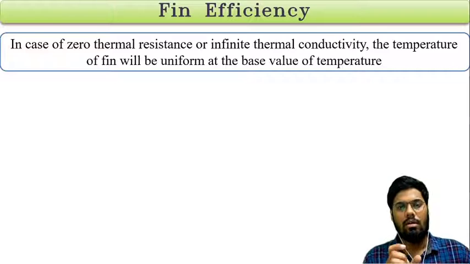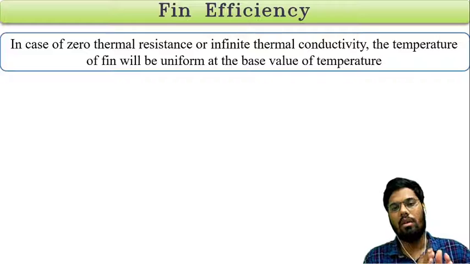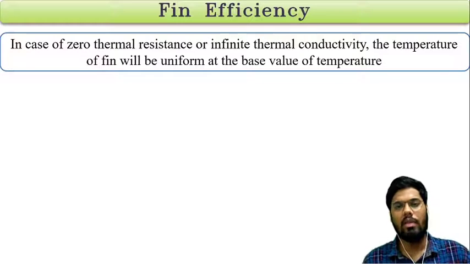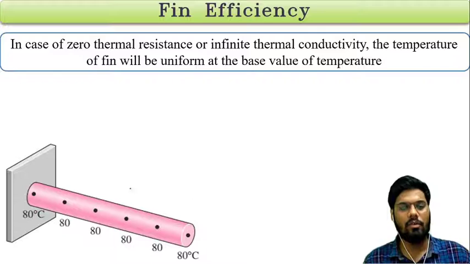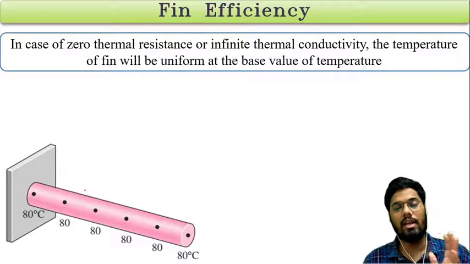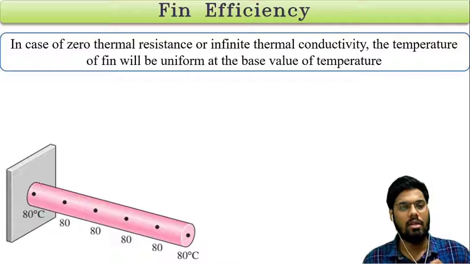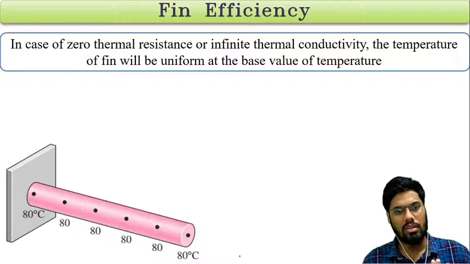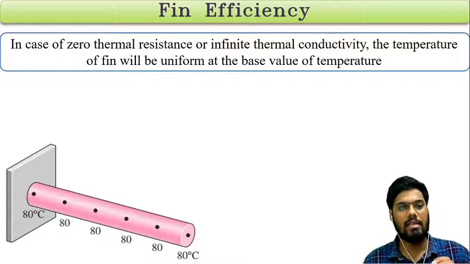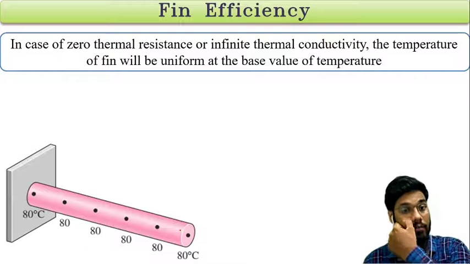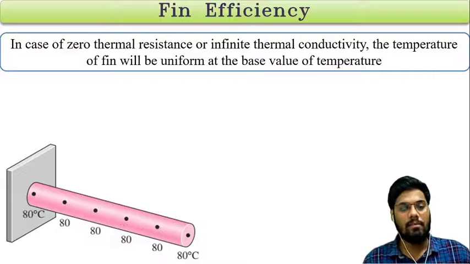Suppose the material of the fin has infinite thermal conductivity. What will happen in that case? The temperature of the fin will remain the same throughout all the surfaces, which is nearly the same as the base temperature. Suppose this wall temperature is 80 degrees Celsius and we attach one fin whose conductivity is infinite, then in a very short amount of time the temperature at all points of the fin will become 80